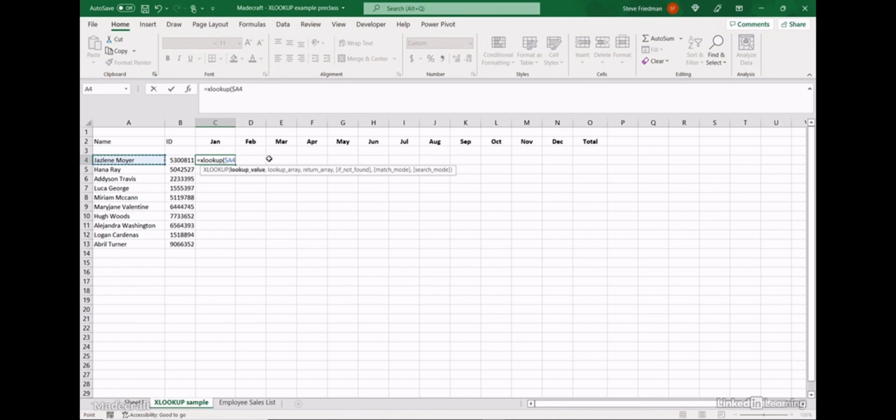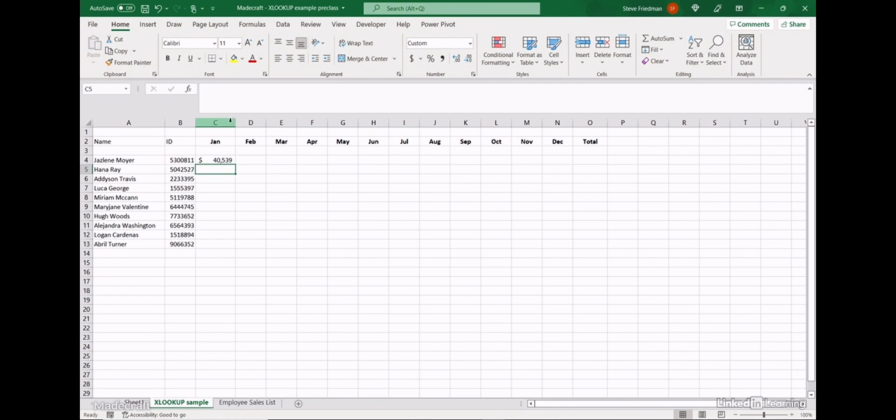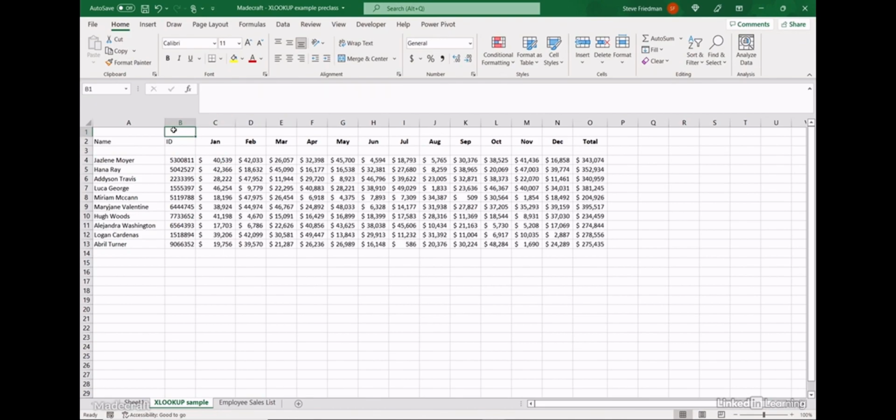Then comma, then go to the complete list and select column B with the names and hit F4 to make that absolute, comma, then select the January column and leave that relative, close parenthesis. Now fill this down to get the January sales amount for each of these employees, and fill it across to get all the monthly sales for each of these employees. And you've created